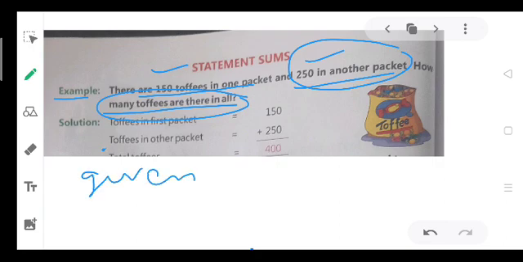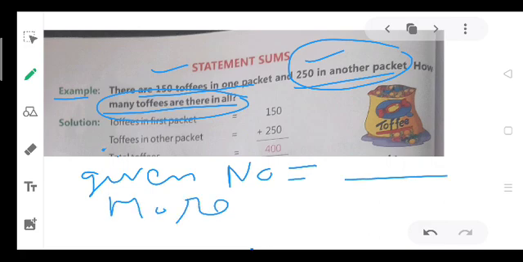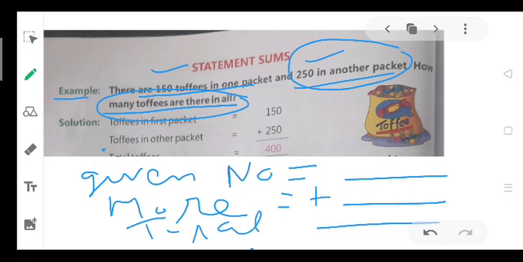Given number, this, more, this, and then we will add both and we will get the total. So what is given here? Given toffees are 150. So we will write the statement: toffees in one packet